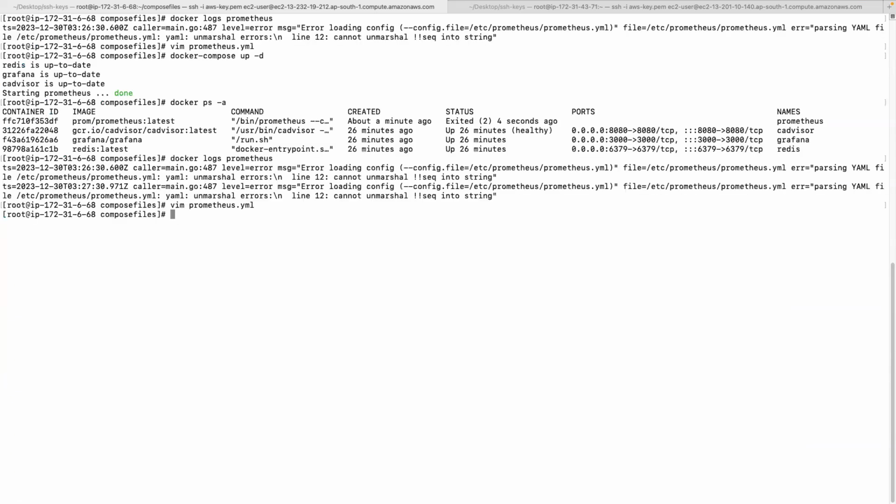Maybe it was not taking this. Okay, let me remove it. Let me force remove the container. Yeah, new file to be updated. I stored it there. I updated the file, but I did not remove it. So